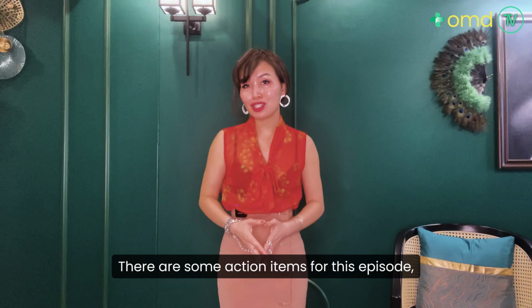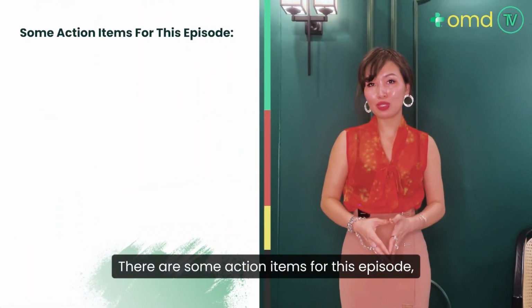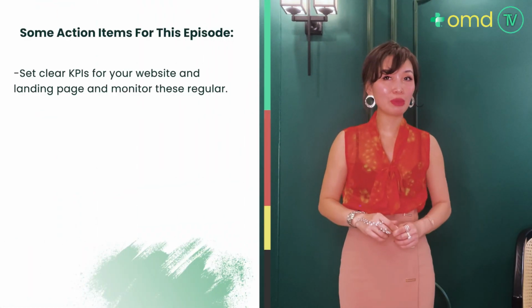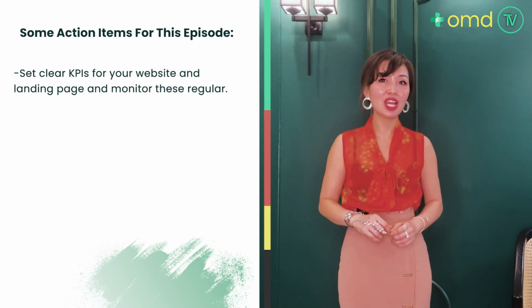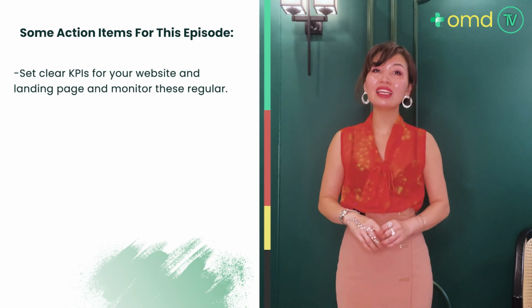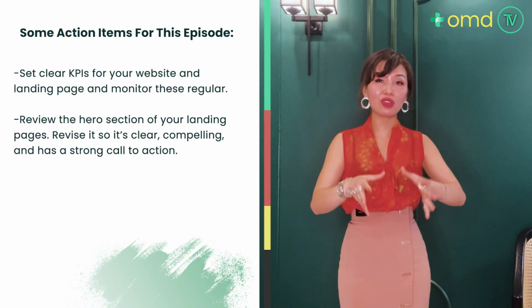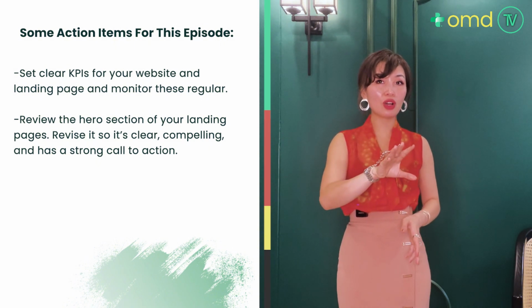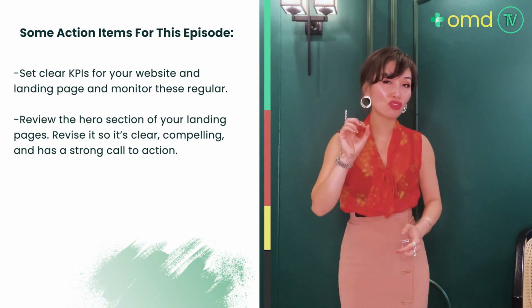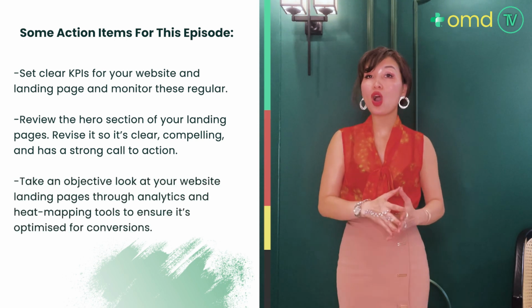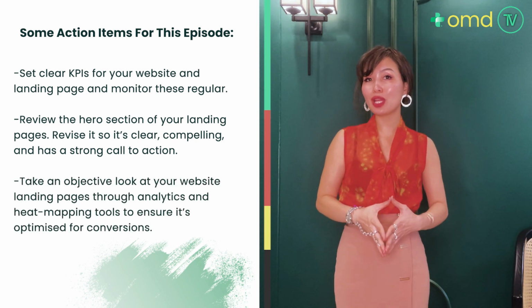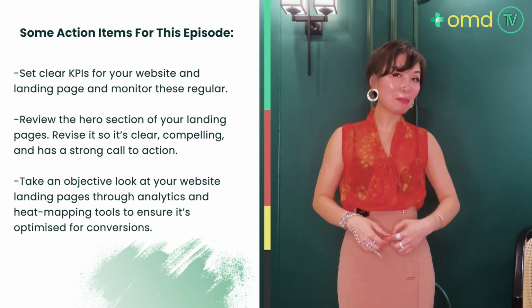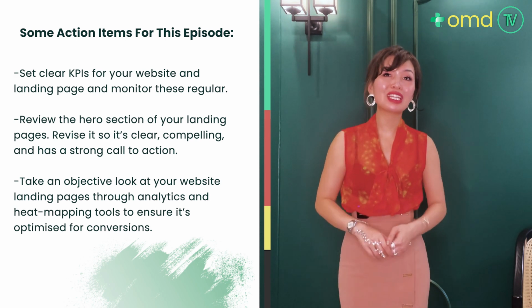There are some action items for this episode. First of all, you need to set clear KPIs for your website and landing page and monitor these regularly, and review the hero section of your landing pages. Revise it so it's clear, compelling, and has a strong call to action. And take an objective look at your website landing pages through analytics and heat mapping tools to ensure it's optimized